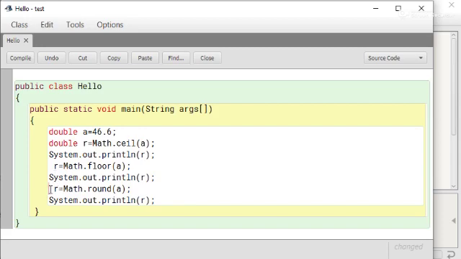There is no need to declare again and again. Double r equals to Math.ceil. It will calculate the ceiling value and first display the ceiling value. For your convenience, give a message. This is the ceiling value, CEIL.